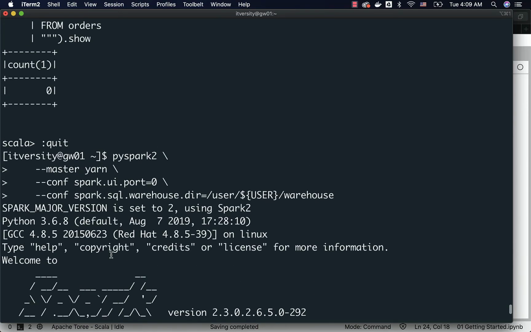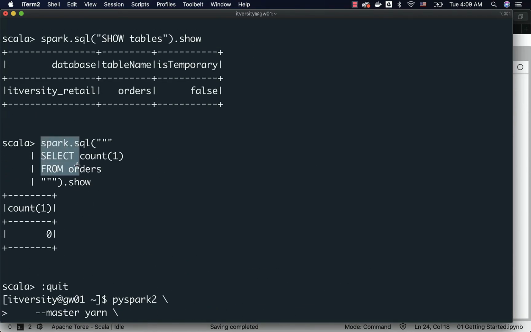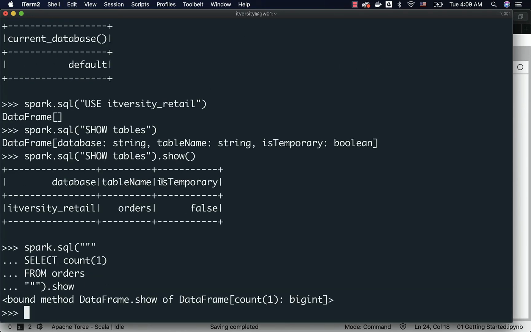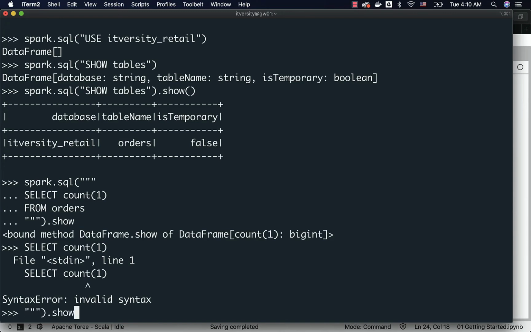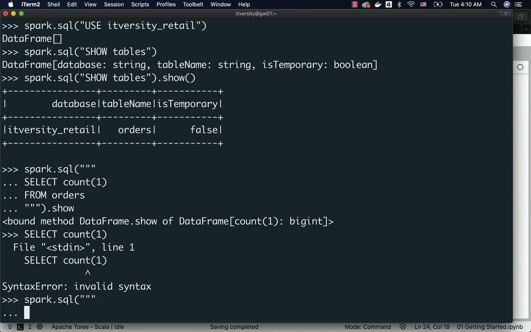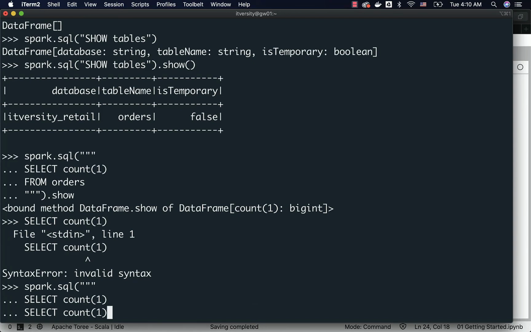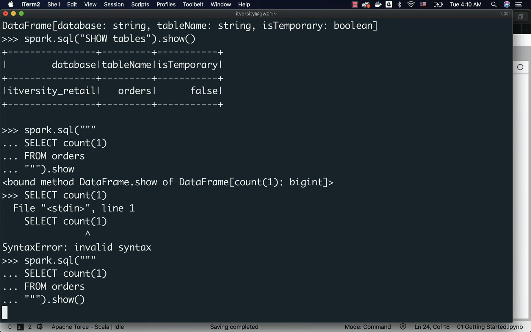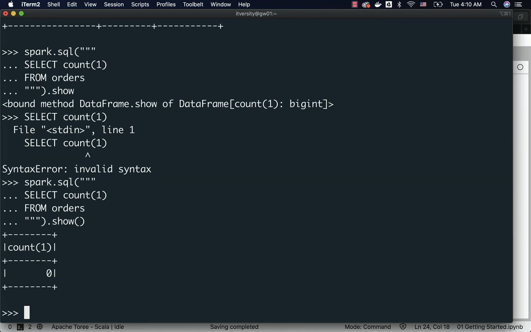You can run multi-line query with the triple quotes the way we have seen with Scala. Once again, because show doesn't have circular brackets, it did not work. So let me hit up arrow, and then go back to the history and then run the show with the circular brackets. And we should be able to see the results. So this is how you should be able to interact with the Spark Metastore tables using the programming languages of your choice such as Scala or Python.